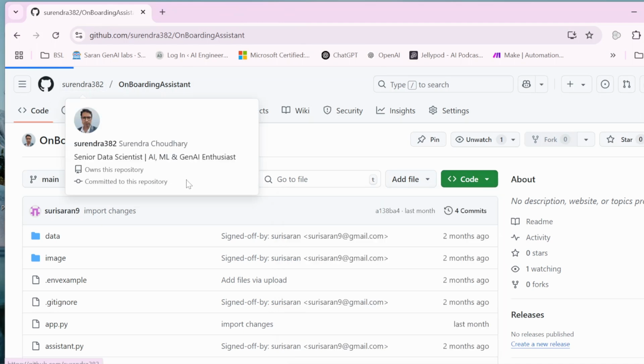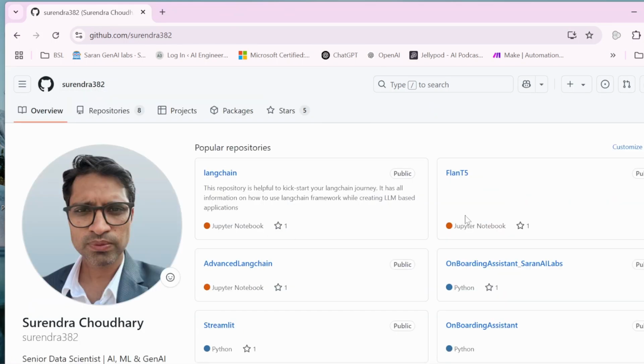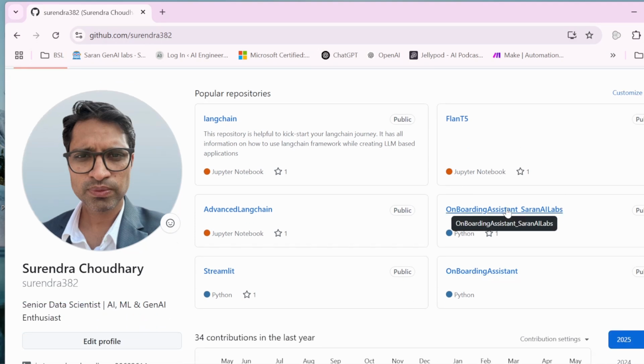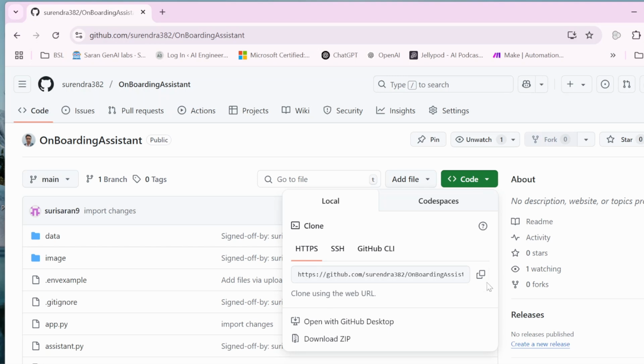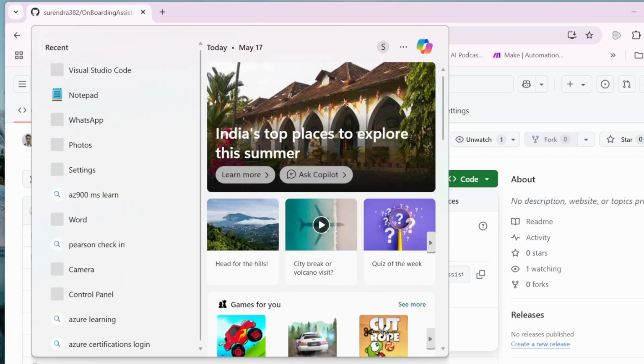So this is my GitHub account, and you can see there are around 8 repositories. There are basically two different codes. One is onboarding assistant, and you should not be going to that one. Maybe I will delete this particular repository. You have to go into onboarding assistant and copy the link. But before that, let me open the VS Code